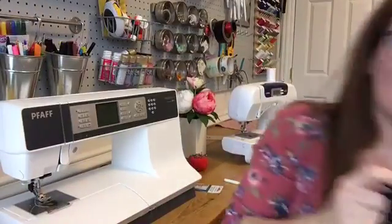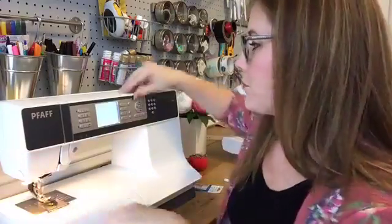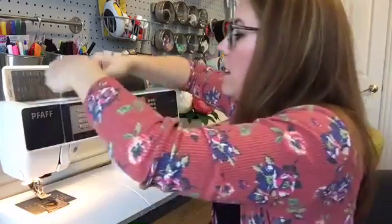Okay, so now we are going to start sewing. And now that I'm thinking about it, I should have kept the camera on the cutting table because it's easier for me to show you what I'm going to be doing next. So actually what we're going to do real quick is, before we even pin anything together, we are going to take our fabric that we just cut off and don't need,